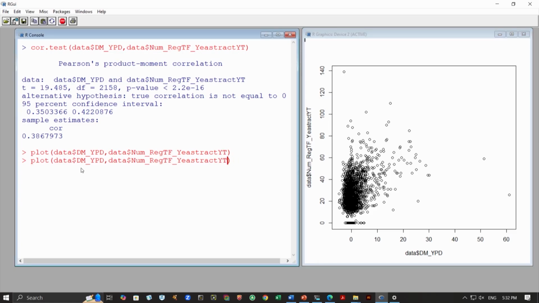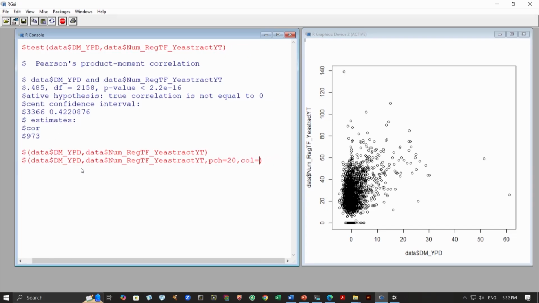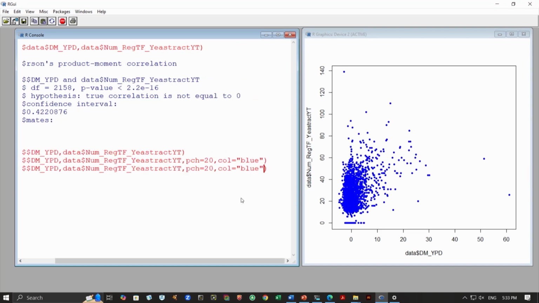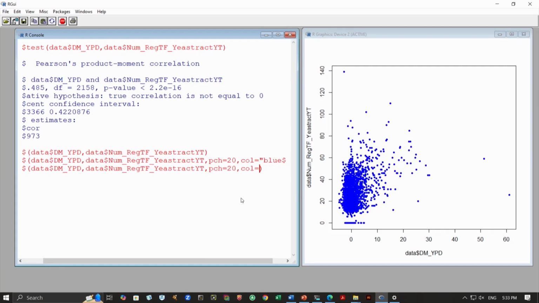Again we can make it nicer and we can say pch is 20, color equals blue, and this looks a bit nicer. One of the things you will see is that there are many points here, clusters of points that are overlapping with each other. So, if we use this kind of color, we have no way to know how many points there actually are. So, what we can do is we can use something like this, color RGB,